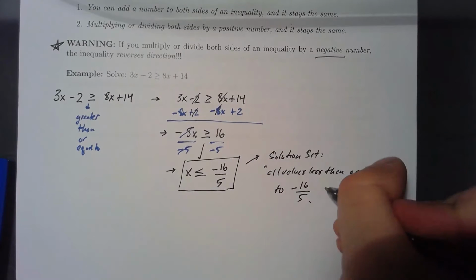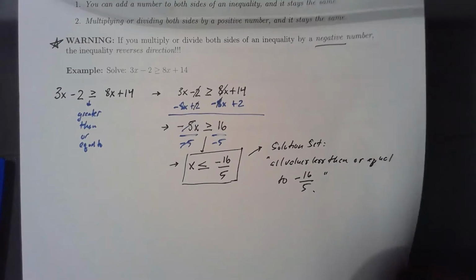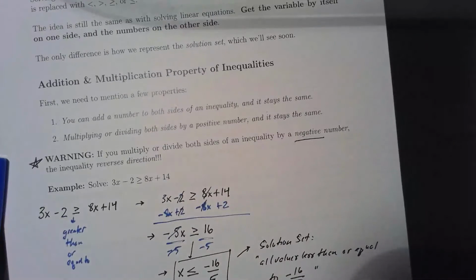That's what this means. But we have a more definitive way to do this. We could represent this phrase with interval notation, which we're going to look at in this section. So on page number 2,